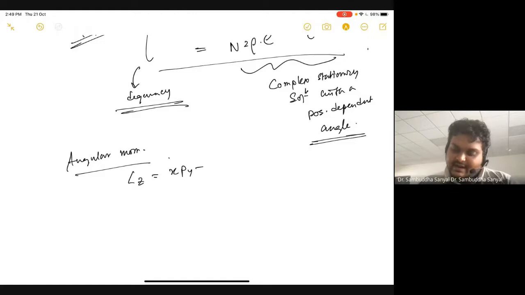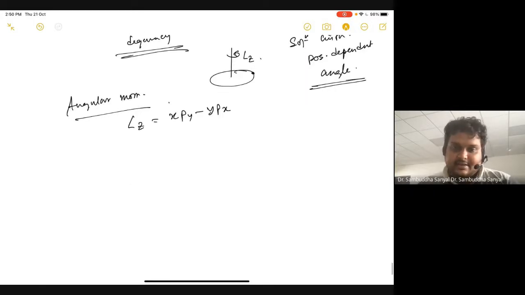So let's define an angular momentum because we have visualized this particle object as a coordinate which is like that. Therefore it must have an angular momentum about this axis from my classical intuition. So I'm writing it in this way: it's basically minus i h bar (x del y minus y del x). Now if I go to the polar coordinate, it becomes minus i h bar del phi.